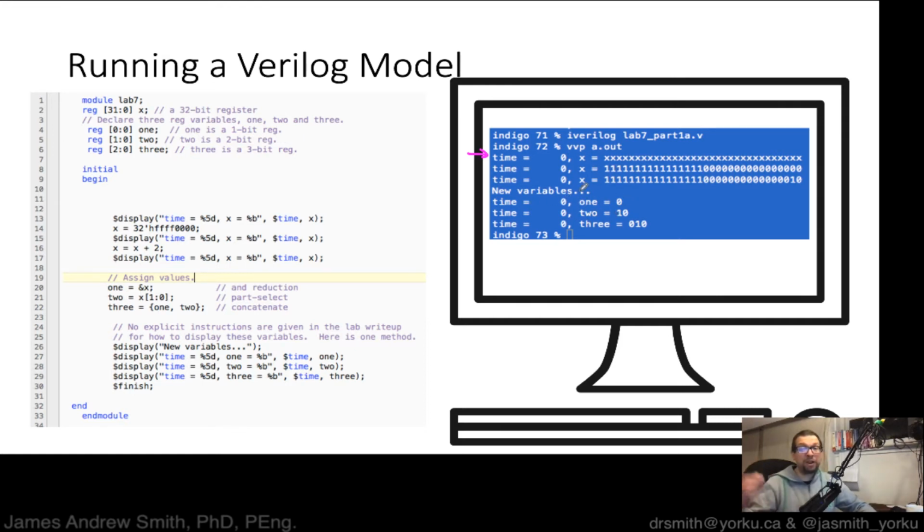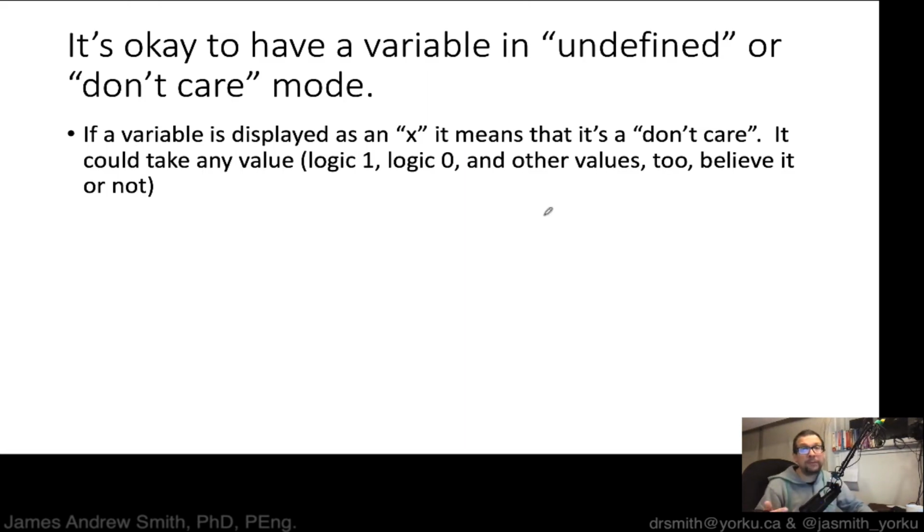And then my job is to take a look at this line and that line and that line and that line and what was displayed to see if it gives me the behavior for the circuit that I wanted. So that requires you to have some thinking that goes into what you display, and what sort of testing you do. All right, so when you start doing that,